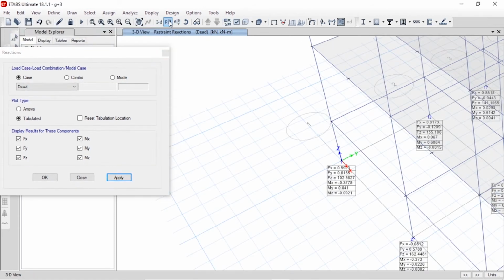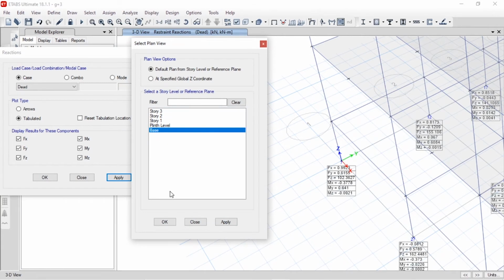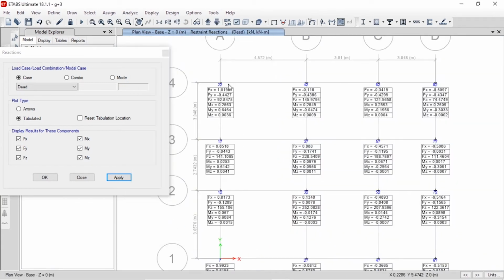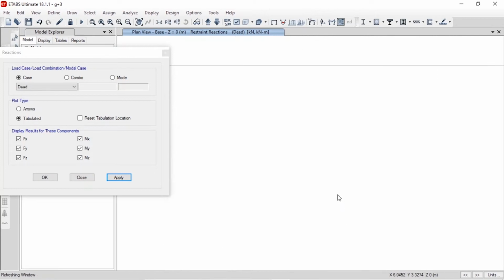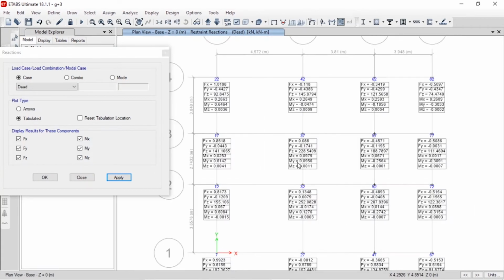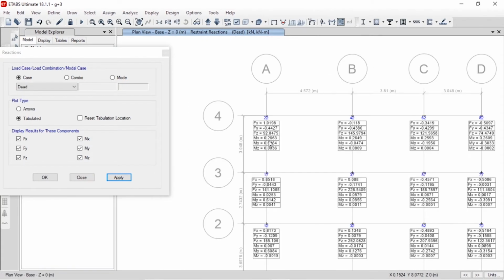You can just change back to the plan view, and now you can see the different reaction values clearly for each and every support. This data can be very useful for designing the foundation or the footing.